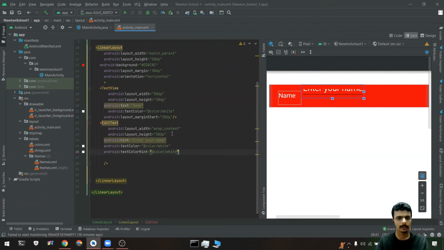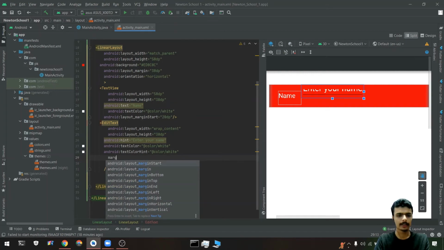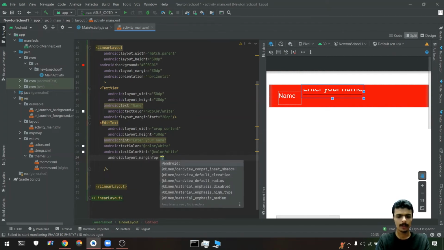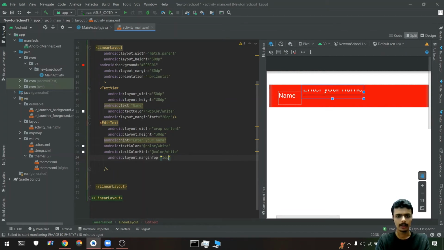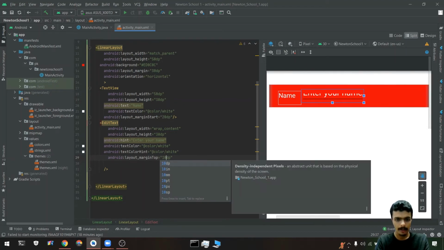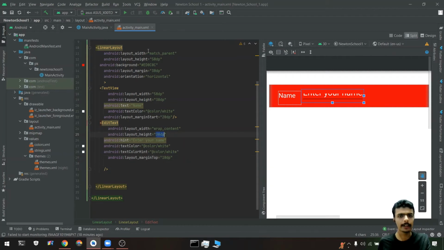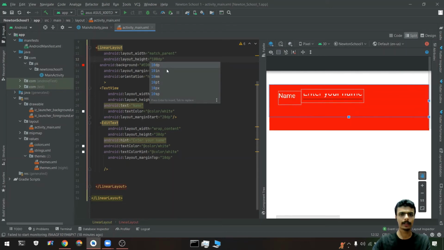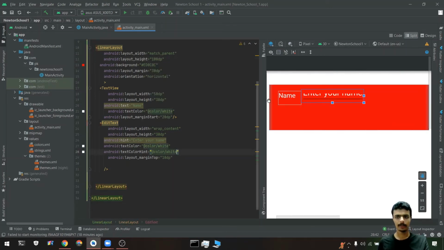And I have to specify the margin from the top, like 1 dp, or 2 dp, 3, 10 dp. And if the height is 30 dp and the linear layout is 100 dp or something, the margin is 30 dp or something.